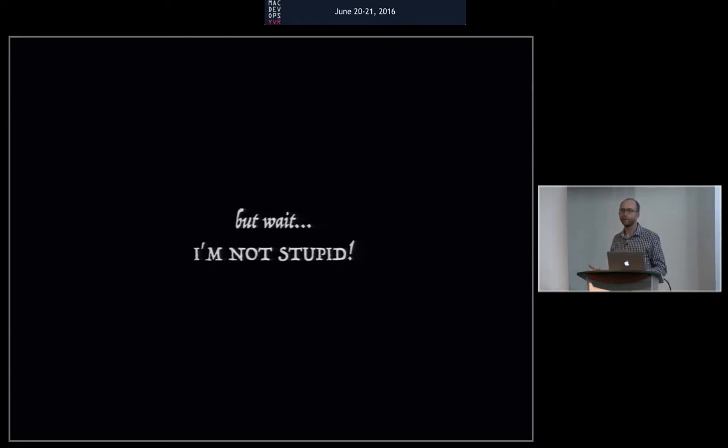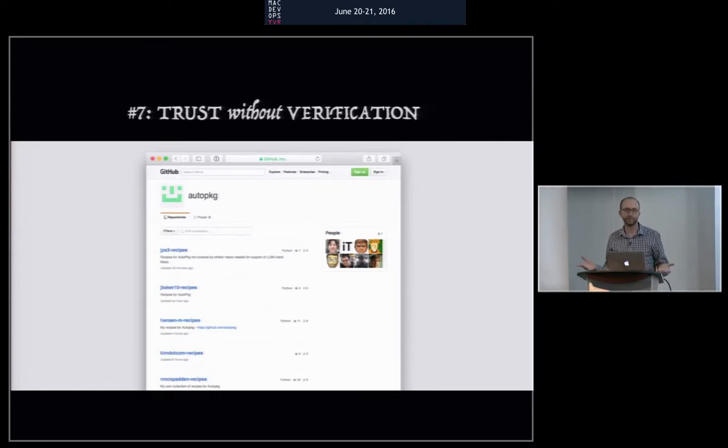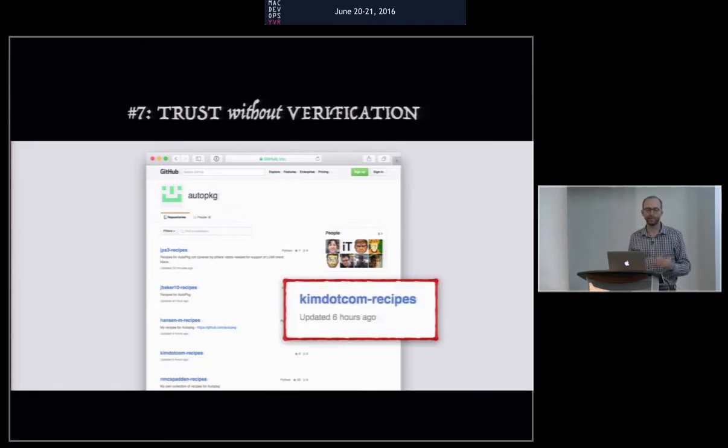What about all the recipe authors that you subscribe to on GitHub? Those changes that you're applying to your recipes are not coming from you, right? So what's to keep somebody else from doing something stupid? And let's say even if we do trust everybody in the Autopkg organization, which I tend to, because I believe that humans are more good than bad, but what's to say that down the road somebody wouldn't get a recipe repo